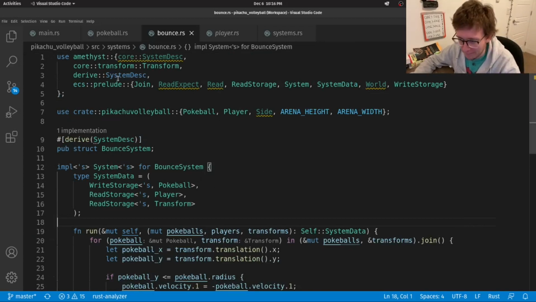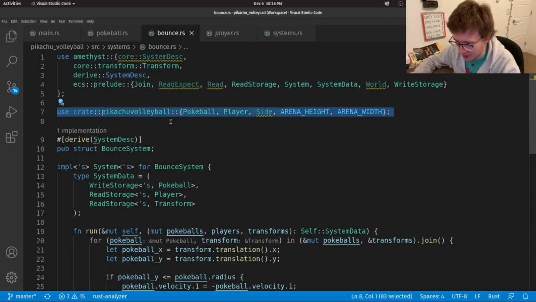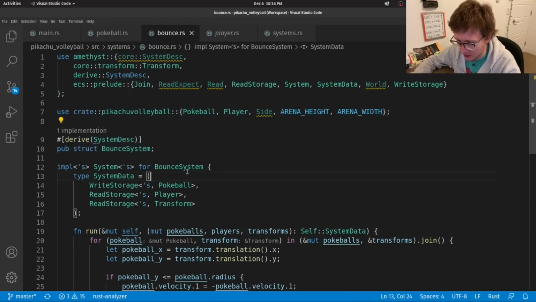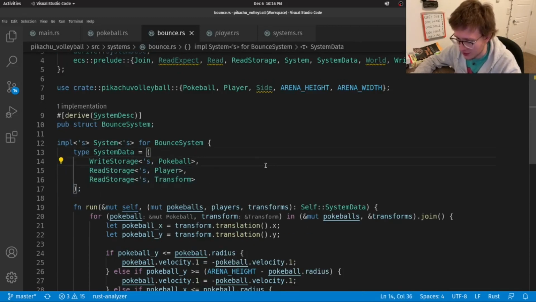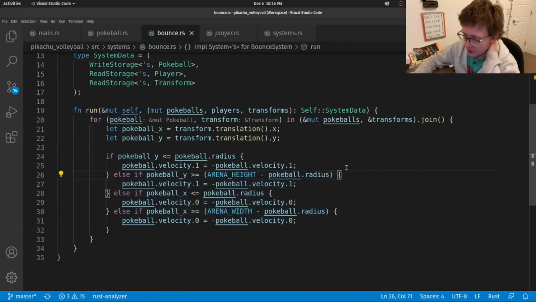As usual, imports, we're bringing some stuff from Pikachu Volleyball, bounce system, system data, all that stuff that we already went through. What I want to get to really is the part that sort of looks like, oof, a lot, to show you that it's really not, it's fine.